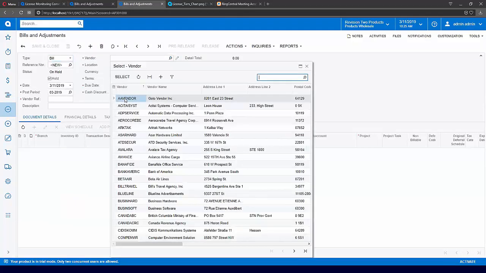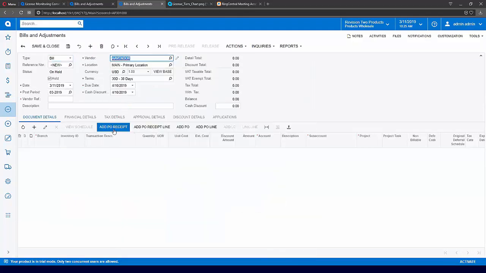Using the user interface, you can create an AP bill with lines from a purchase receipt or with an entire purchase receipt. And you can also do it with a purchase order. So you can add a purchase order line, or you can add all the lines from some purchase order. And actually, you can do it